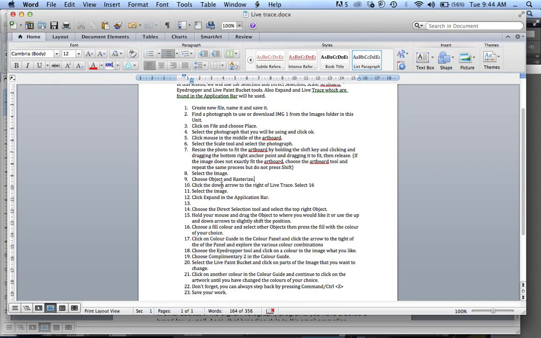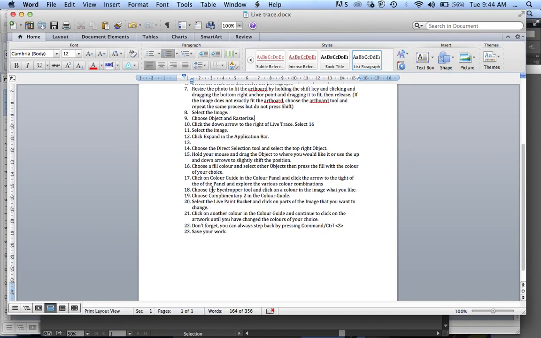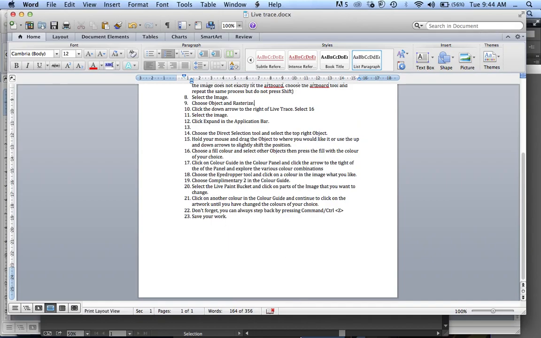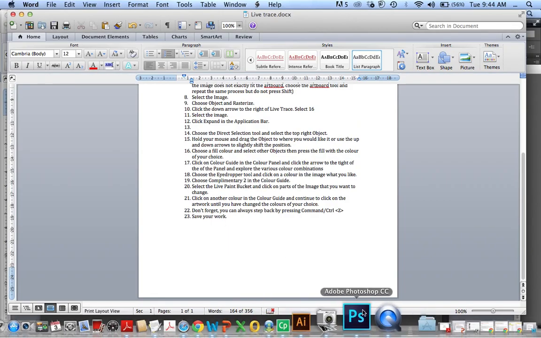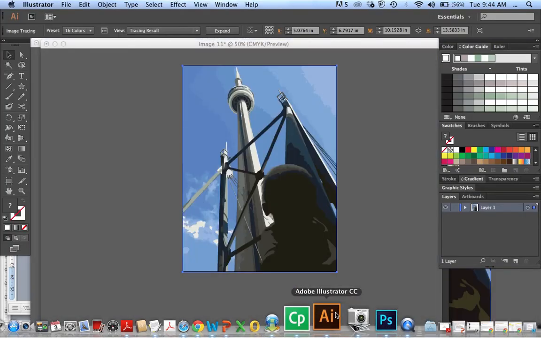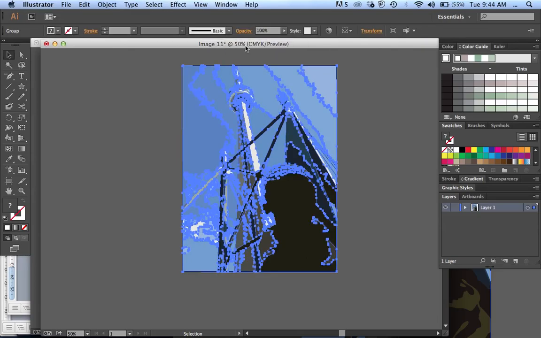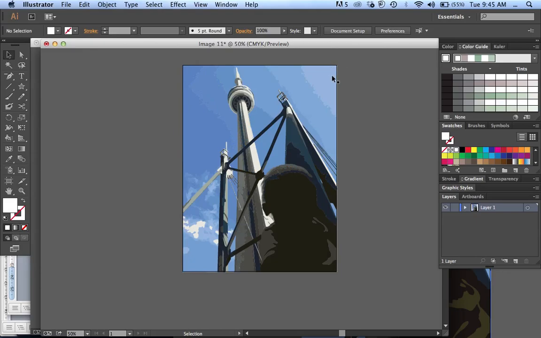So here we are. We have rasterized our file. We're using 16 colors, and now we're going to have to expand this image once it has been turned into vector Live Trace. Okay, so it's been done. So now we're going to click expand, and this will separate each and every one of these objects into separate